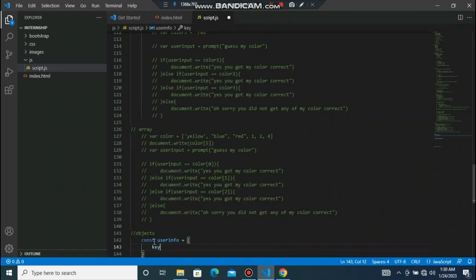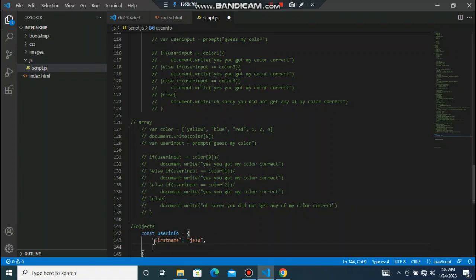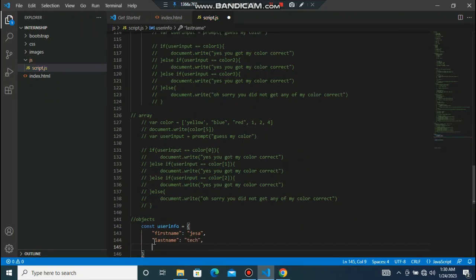So in this case, let me start with the first one. If I'm doing a string, I have to do first name. Now this is a key, then I have to separate the key with a colon, then the value, let me say JSON. Then when I'm done, I have to do a comma if I want to add another key. So this time around, last name, technology. So I think I should add the middle name,